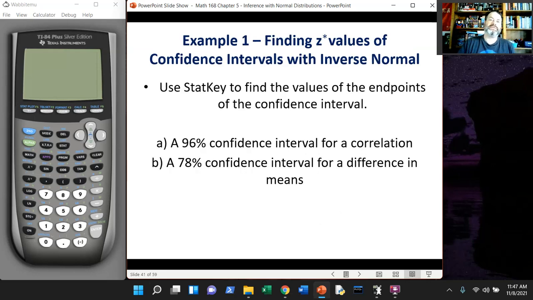So let's go ahead and do this first problem. What we want to do is find the endpoints of these confidence intervals. So we have a 96% confidence interval for a correlation and a 78% confidence interval for a difference in means. What we saw in chapters 3 and 4 is that it didn't matter what the sample statistic was. It didn't matter what the parameter was